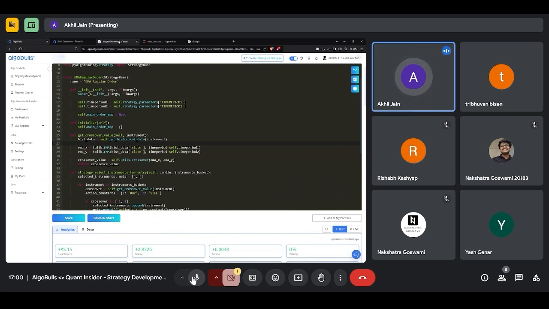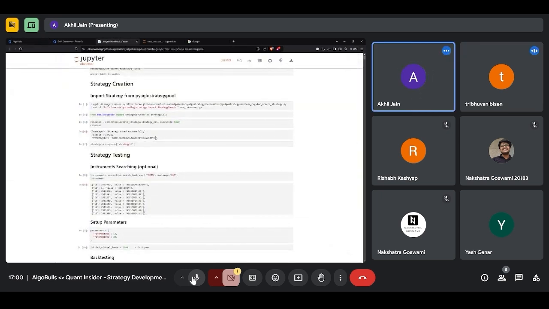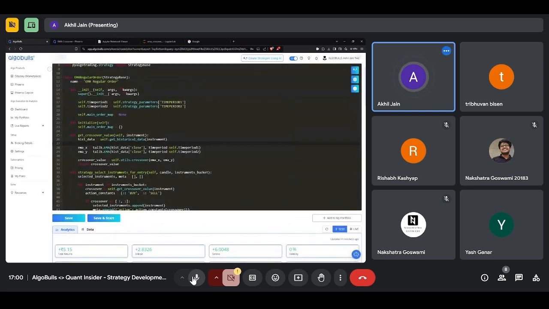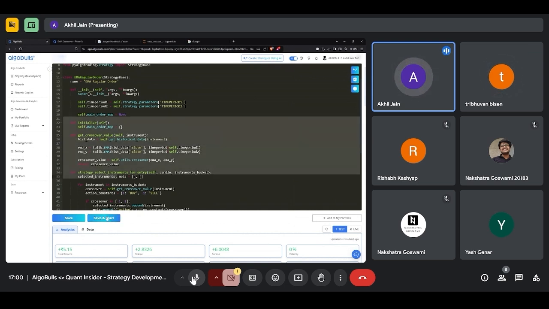Even if you do it through a Jupyter notebook, the strategy is going to be saved and you will be able to see it here. The Jupyter notebook is already able to do connection.backtest. But in case you want to view it here, click save and start from here, you are good to go that way also.